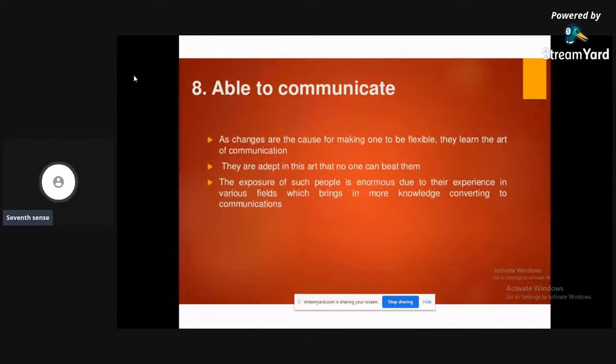Able to communicate. Same thing. Communication is a two-way traffic, right? You listen, you tell. One comes with an idea which is not likely to be successful. At that time, you should know how to reject them in a positive way.